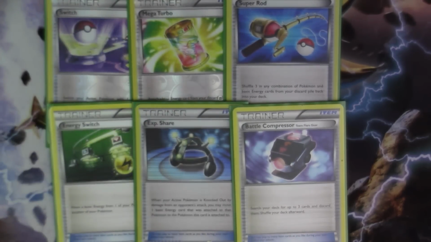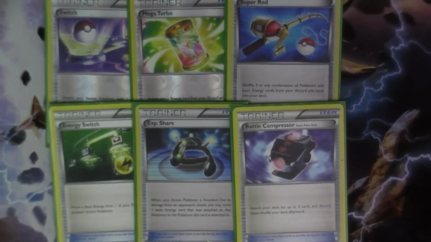Mega Turbo is a one of, because even though you don't want Fairy Energy in the discard, it's inevitable. Fairy Energy will end up in the discard at some point of the game. And the copy of Mega Turbo is just to get it back from the discard and attach to your Mega Broski. Super Rod, about the same thing, to get back discard Fairy Energy, but also to get back your Pokemon